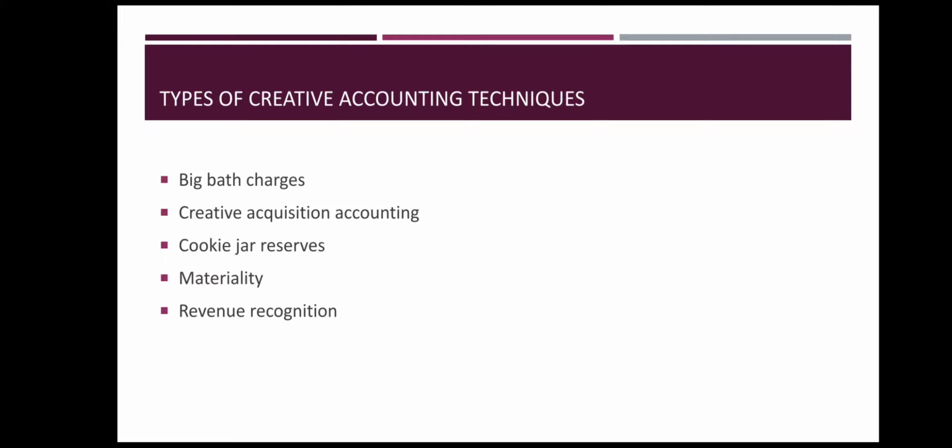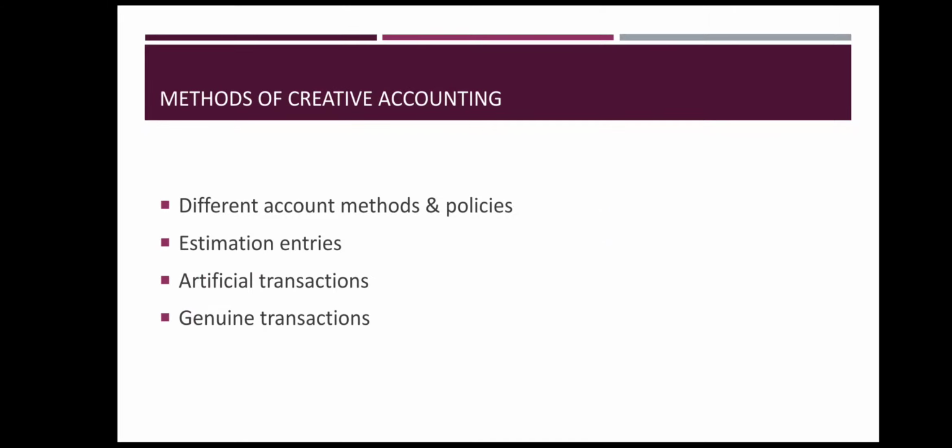So even this is a technique of creative accounting, wherein you recognize the revenue in advance and show a better picture of the company. Now when you show better sales, naturally your profit also will increase. Whether actually the sale is made or not, we are not sure, but in the books of accounts it is already shown. So this also helps you to show a better picture of accounts. So these are certain 5 techniques that the accountants can make use of to show a better picture of financial statements.